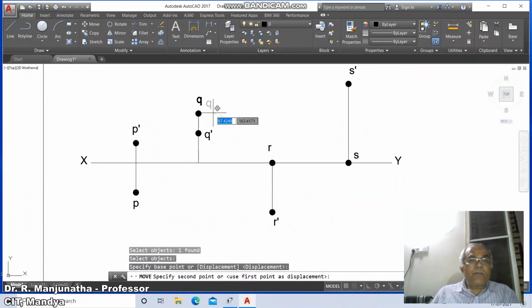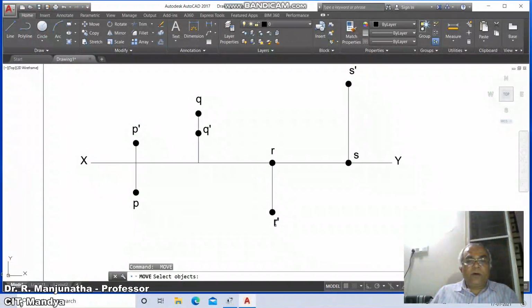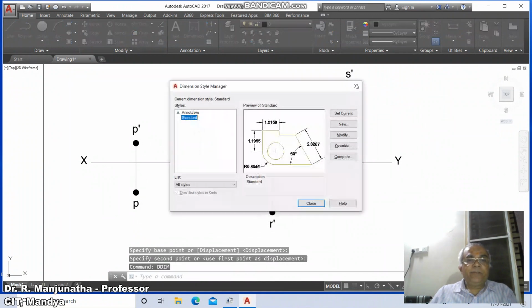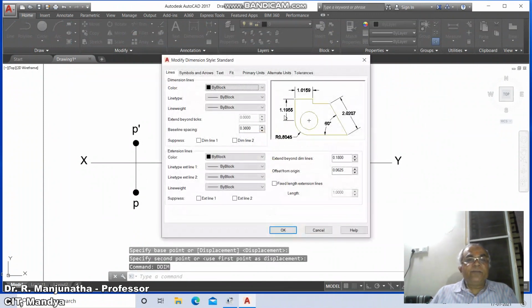Similarly Q and then Q dash, then here R, then R dash, then here S and then S dash.